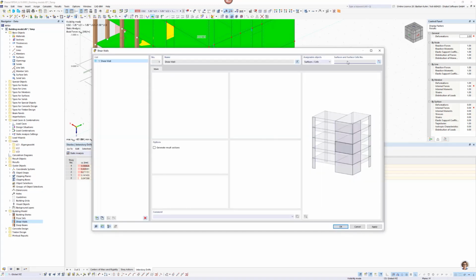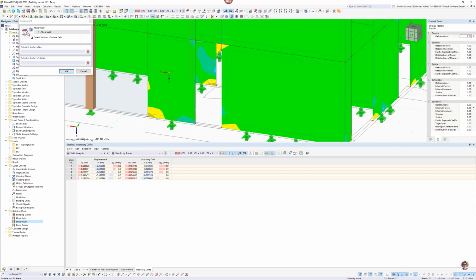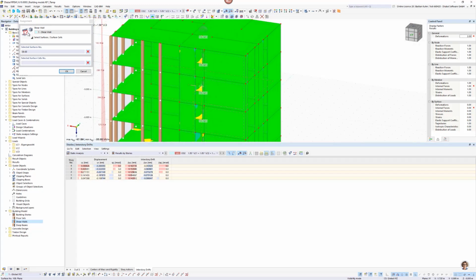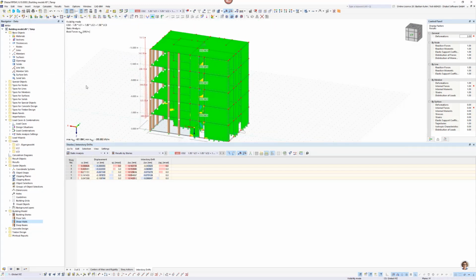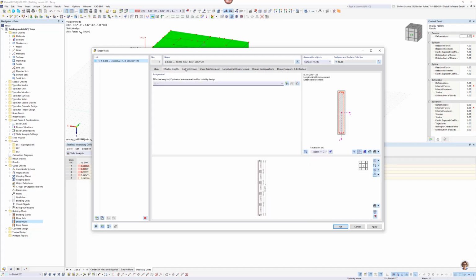I can select surfaces and surface cells. Cells are perfect in case you want to create timber frame walls in it. But right now, this is a concrete structure. It is sufficient to use the usual cells. And then I can generate a result section here. I can design it. The design properties are activated, and of course, for it's concrete, I can